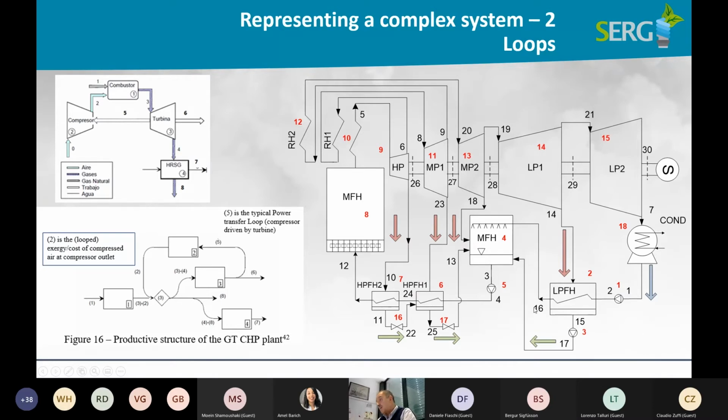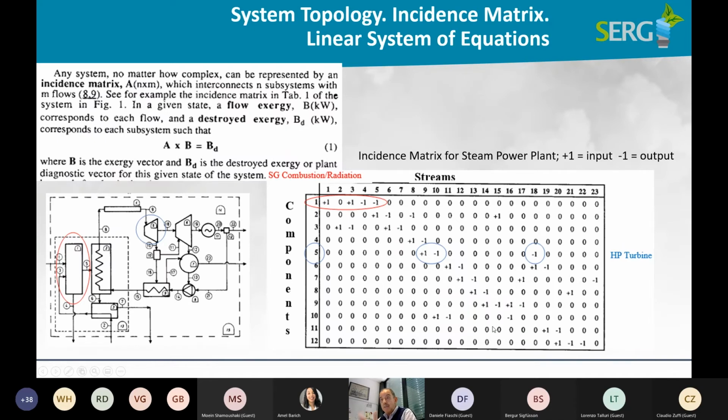If you have regenerative solutions, this is a steam power plant with preheaters. There are 4 preheaters, and of course there are 4 nested loops. So indeed the system can be complicated. But anyway, I'm coming back to the first system, which is a good example.